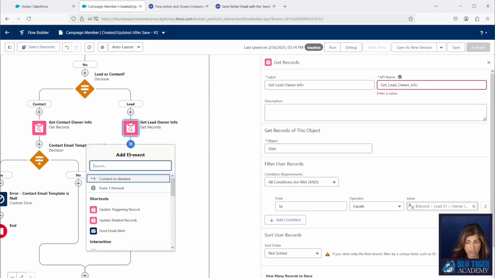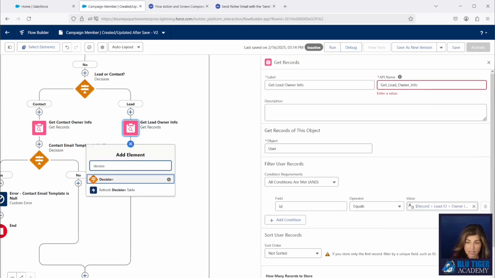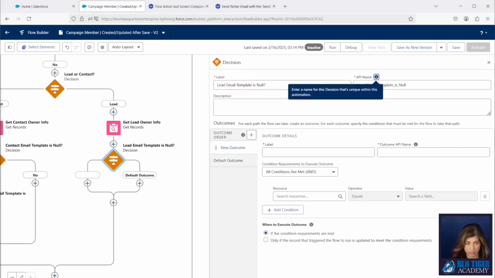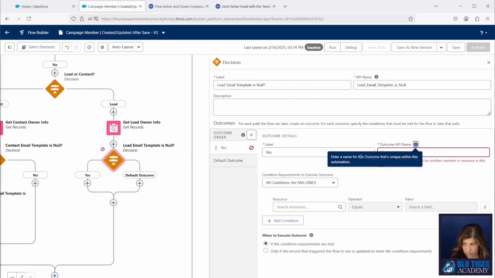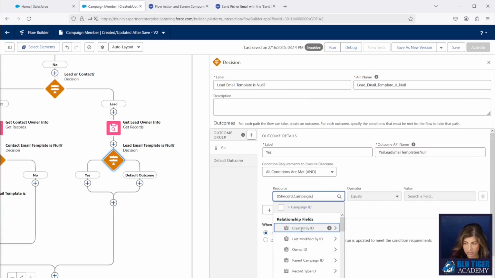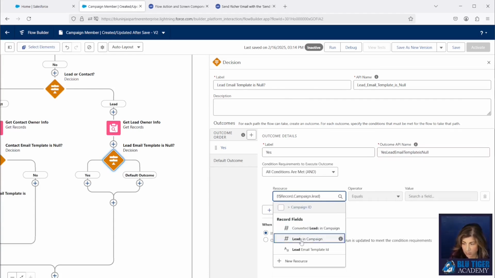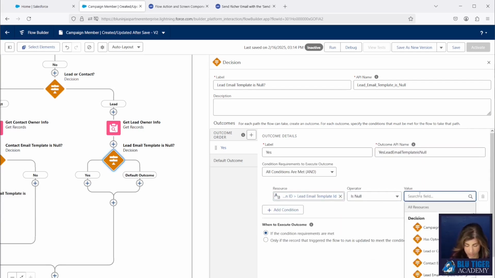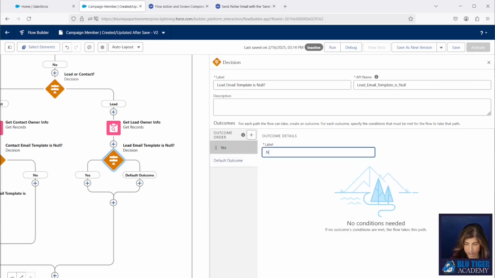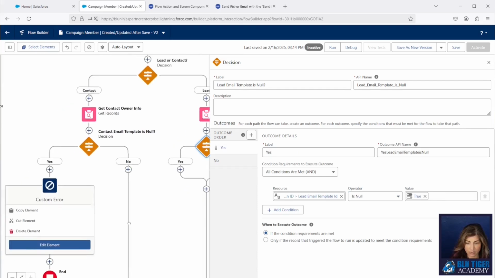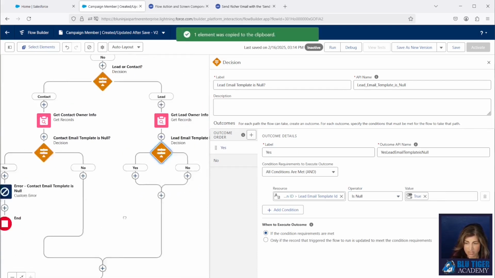Then we're going to check for the lead email template ID to be null. So we'll go to the campaign member, then to the campaign ID, then we're going to check for the lead email template ID to be null. We're going to show the user an error just like we did for the contact.